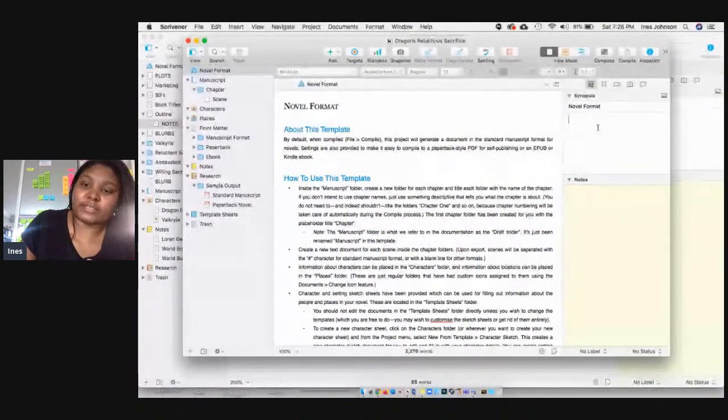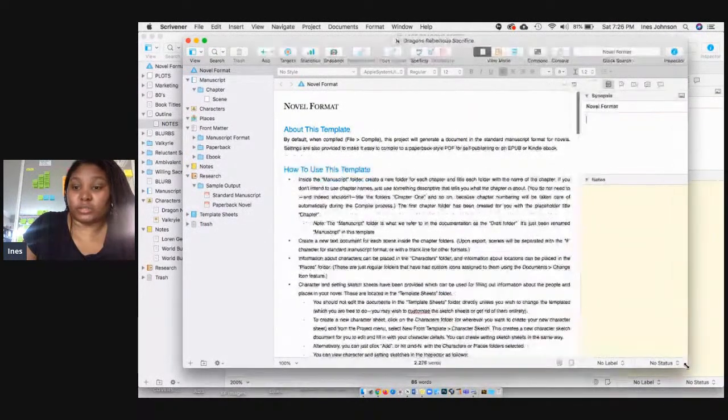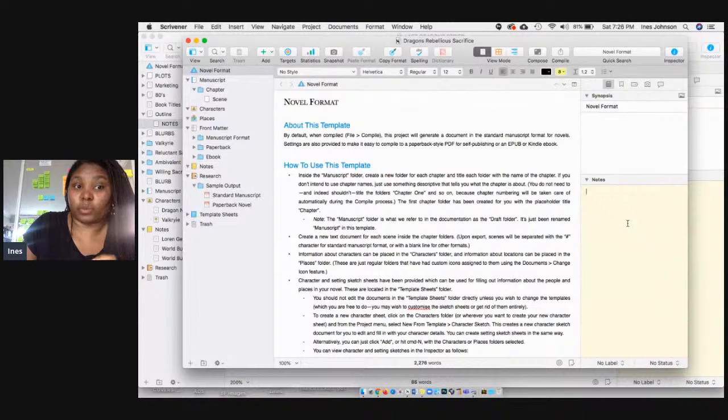And Scrivener has this amazing note card feature on the side, which is really powerful, but we're not going to get into all the power of it today. Another feature that I like to use as well is the notes section. And again, when I get into showing you how I actually write in this software, you'll see how I utilize